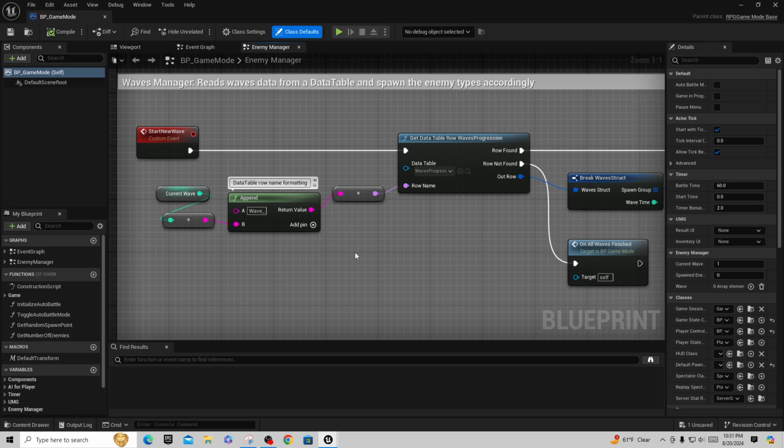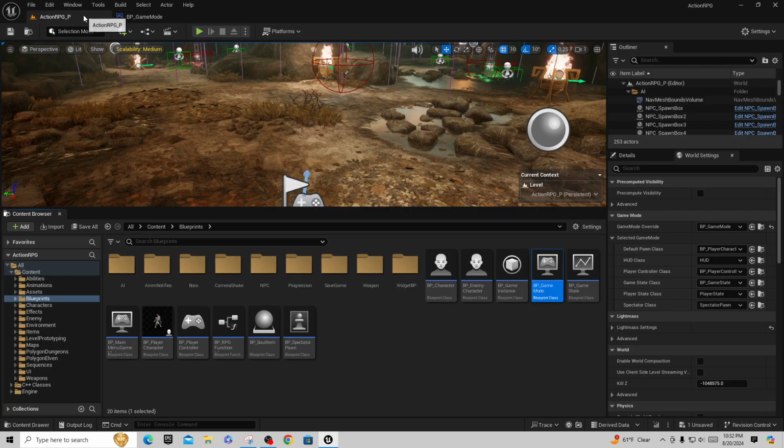So I'll show you that. For example, it's probably going to say Wave_1, Wave_2, Wave_3 from this data table. But it says to get the data table row from waves progression. So let's go out and look for that. We're going to slide this over here, come out, and there should be data tables in here somewhere. Let's see if it's under,